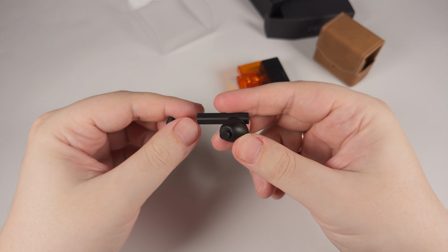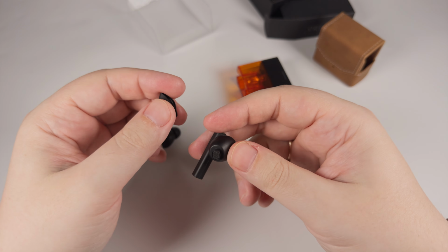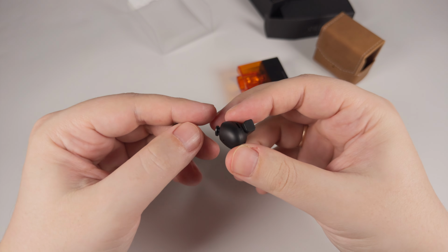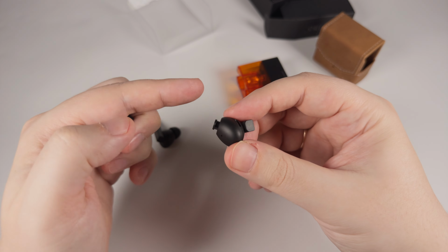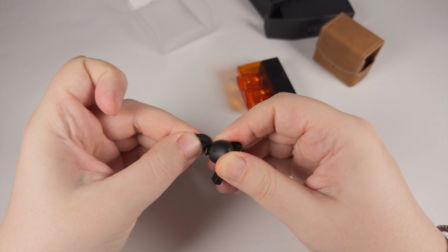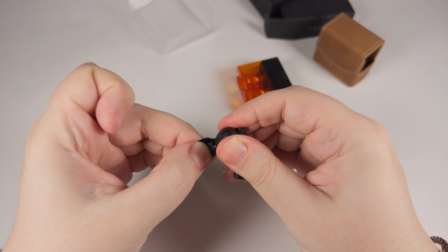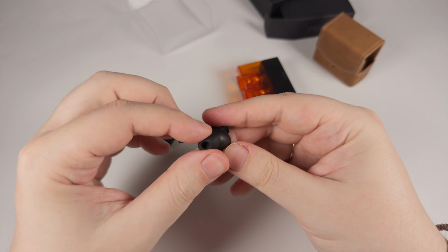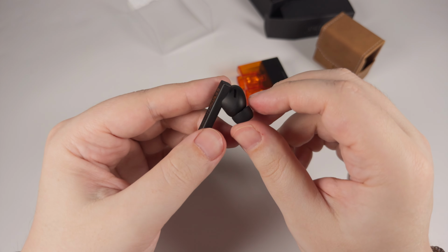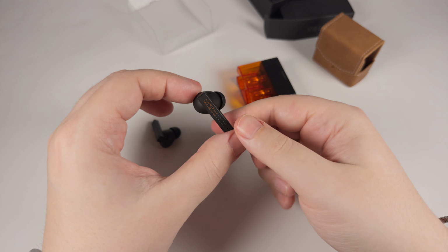Here they used an oval sound tube. Actually, to be honest, I don't know why many true wireless models make this part of this oval shape, but it's pretty popular. So the sound tube itself is really short and it doesn't fit deep into ears, but still passive isolation is on the average level, because the earpiece itself works as a plug that partially isolates external noise. But it has active noise cancelling, and this active noise cancelling is just okay, so it works,